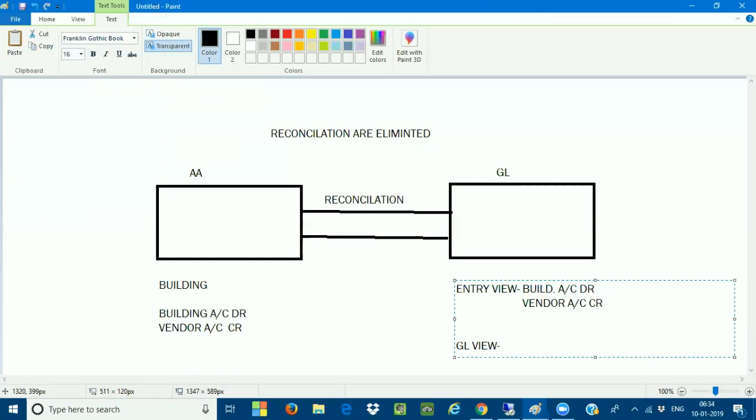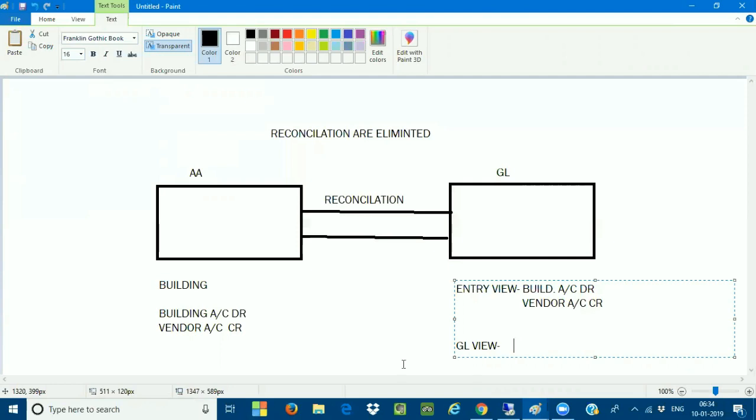Building is not a GL account and vendor is not a GL account. The general ledger view only contains the GL accounts. It doesn't contain the asset accounts, the vendor accounts, or the customer accounts. GL view means GL debit and GL credit.